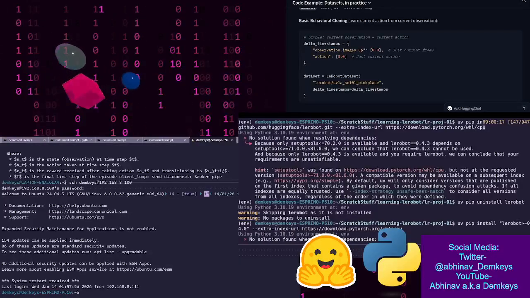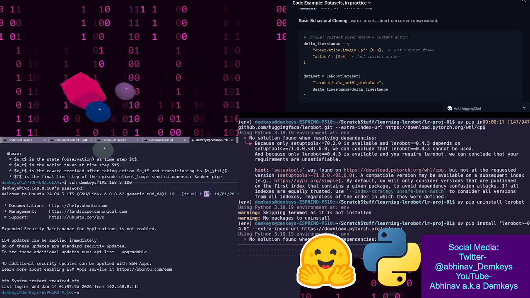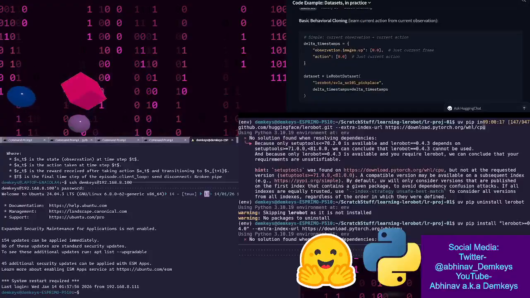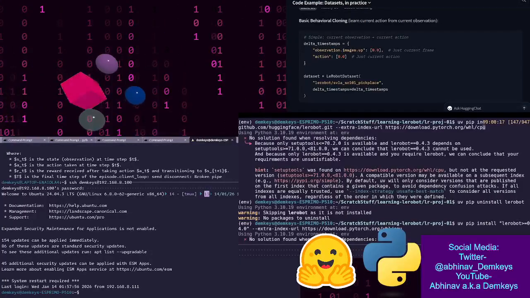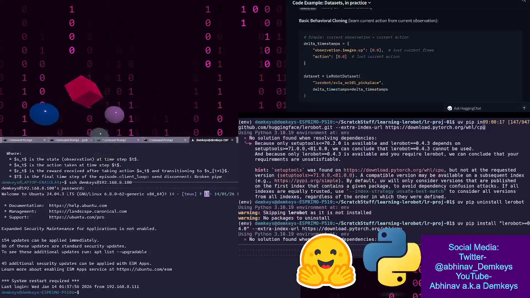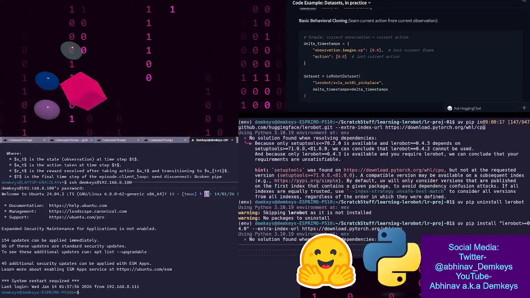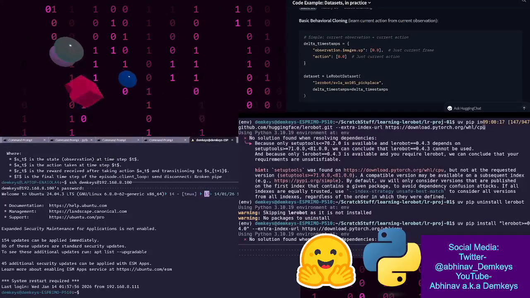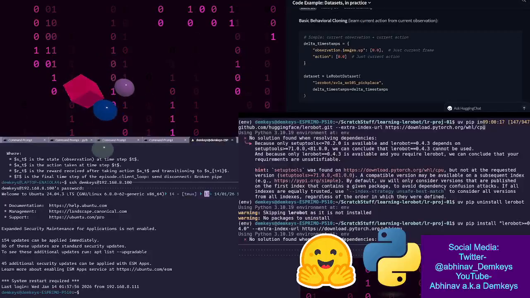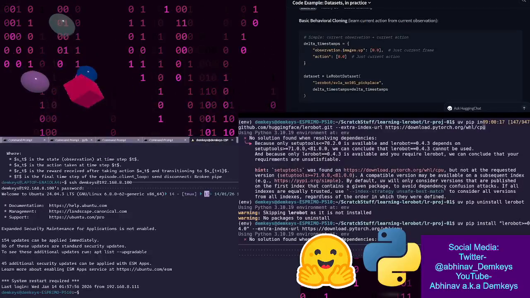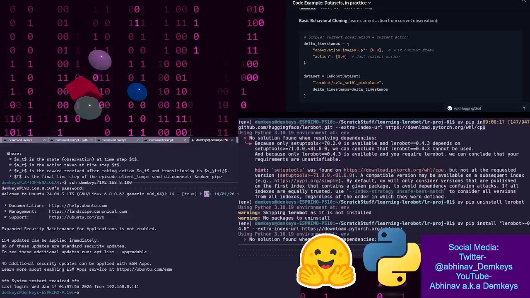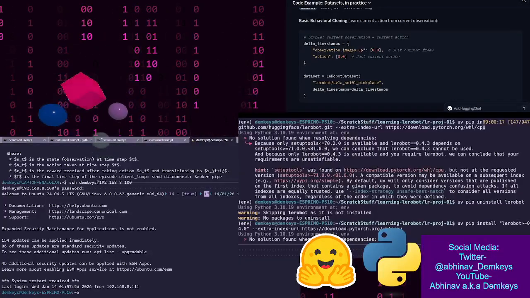And then I went and checked. Apparently, it was installing an older version. I think it was because I was installing it on Python 3.10. So when I tried to install LeRobot from PyPI, it was installing an older version of LeRobot. It was 0.1.0, I think. And the latest version is somewhere 0.4 point something. And in between these two versions,